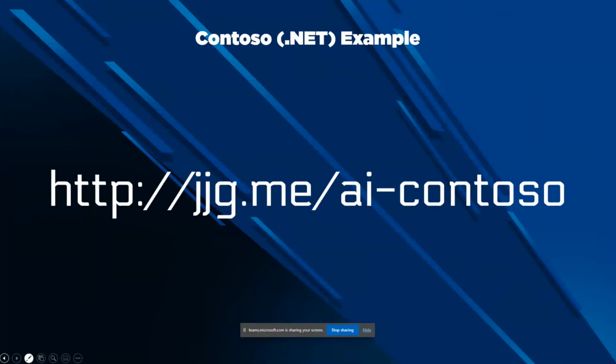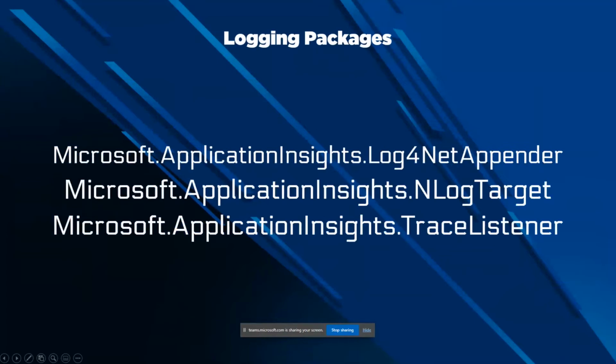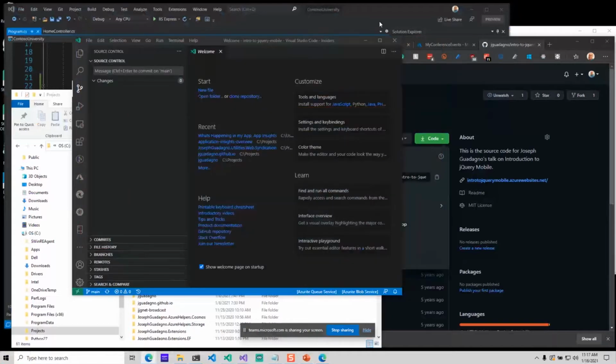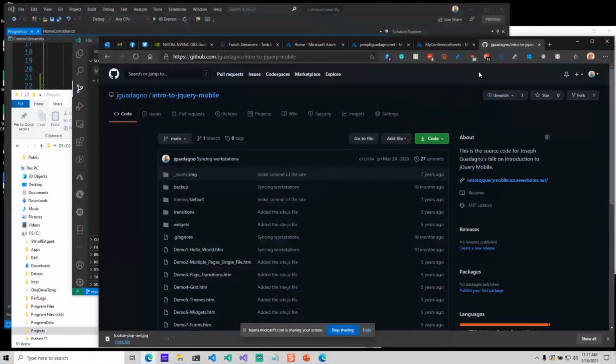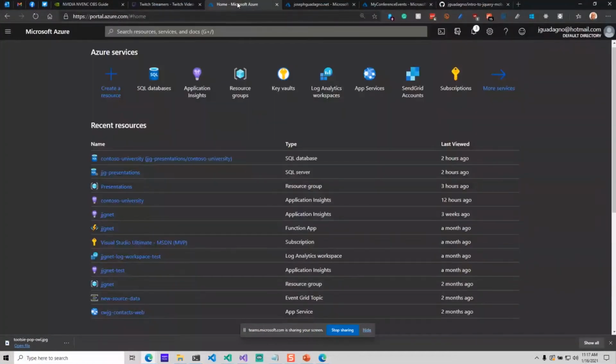So let's go and take a look at the portal. So I'm going to stop sharing my page. Oops, let's escape out of view and slideshow. Let's minimize you and let's get you up here. Hopefully you can still see my edge. So I think I'm sharing the whole screen. So yeah. Okay, cool. Teams gets a little flaky when you switch different things, especially when you go from PowerPoint